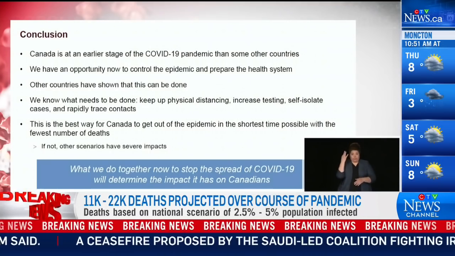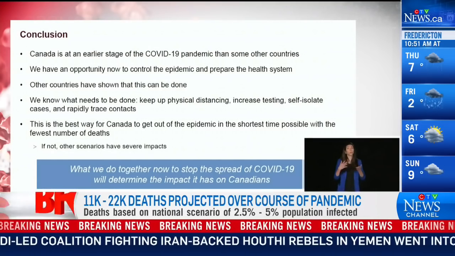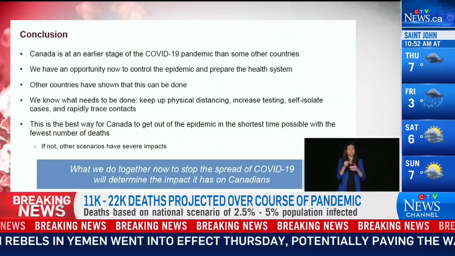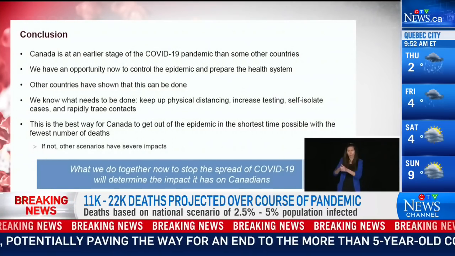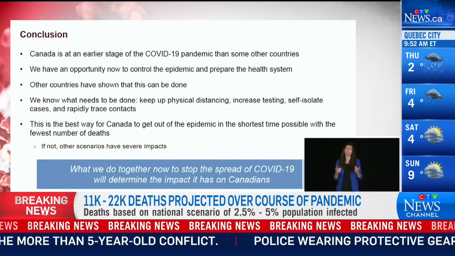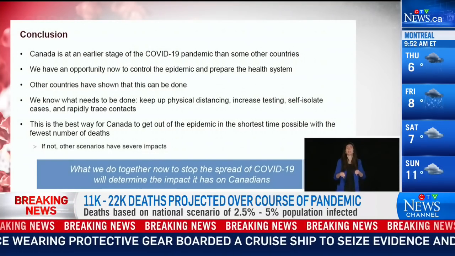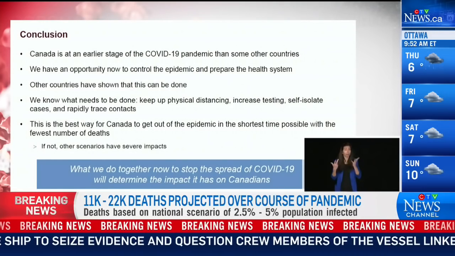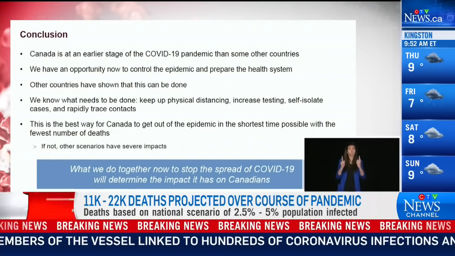Slide 19. While some of the numbers released today may seem stark, Canada's modelling demonstrates that the country still has an opportunity to control the epidemic and save lives. We cannot prevent every death, but we must prevent all deaths we can. We all play a role in what the future will hold for Canada's COVID-19 trajectory. We must continue to control the epidemic using tried-and-true public health measures, such as asking every Canadian to stay at home wherever possible, to maintain physical distancing, to meticulously wash their hands, and to cover their coughs.